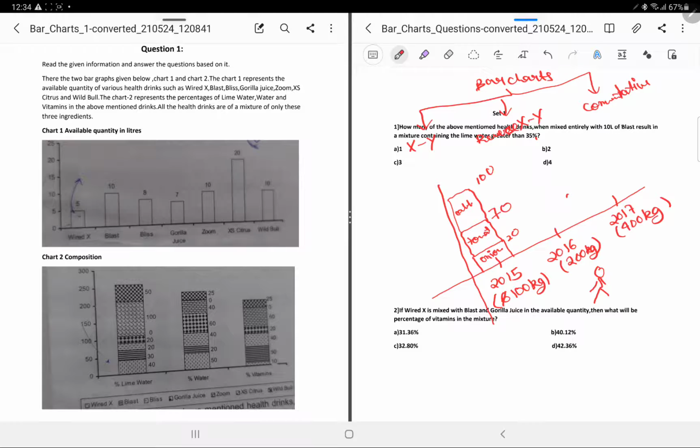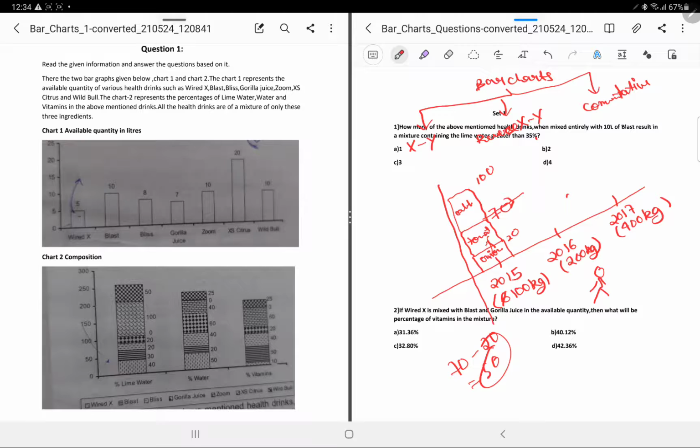So this is what a commutative graph is. See, this value actually represents the entire quantity of the graph including tomato and onion. So to get the quantity of the tomato, you'll have to do 70 minus 20. This is 50. Okay, I think you got it. So this is a commutative graph, and you'll find a lot of graphs of such type.